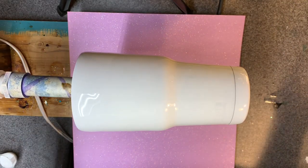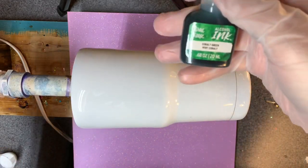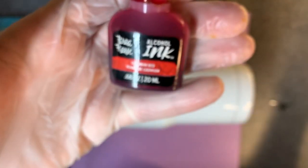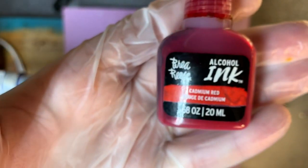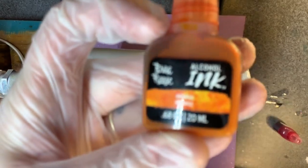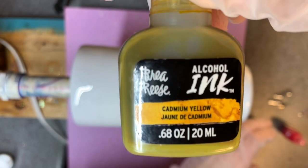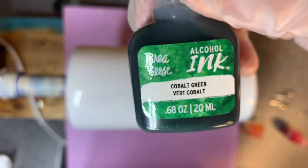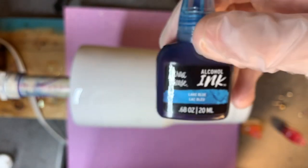So I just happened to have picked up the very last color of the rainbow that I didn't already have of this brand. So we are going to do cadmium red, orange, come on, okay, cadmium yellow, I don't know why that's not focusing, cobalt green, this is the one I grabbed today, lake blue,